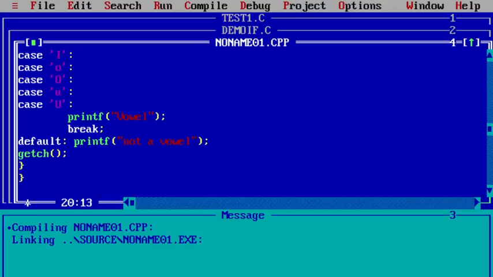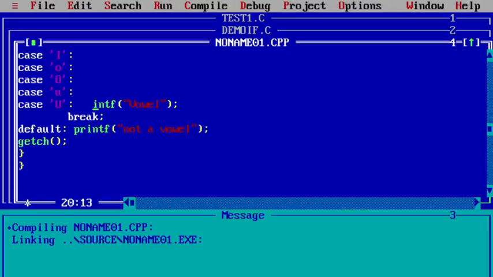A is a vowel, right? So let us use it here.